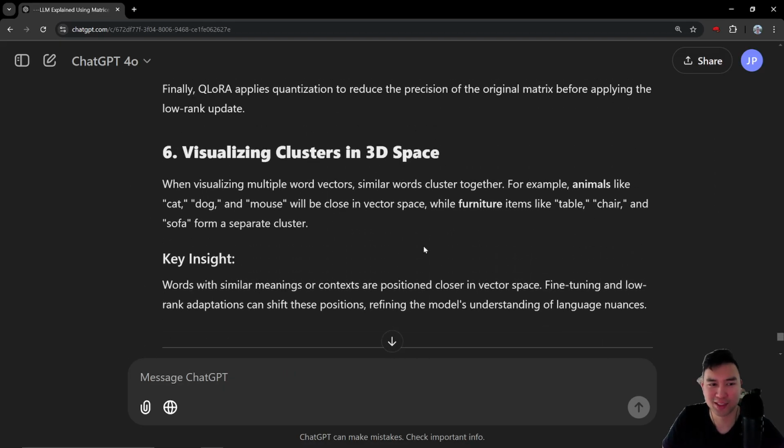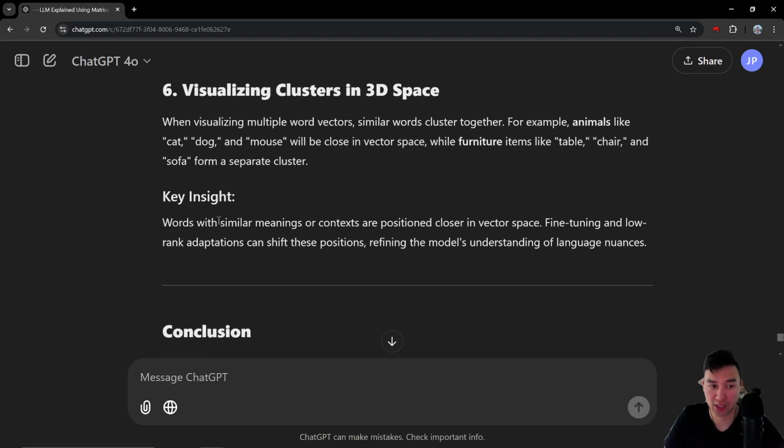We're almost done. When visualizing multiple words, now you can see that they are in separate clusters. So the key insight: words with similar meanings or context are positioned closer in vector space. So let's say, for example, there's cat in one context, cat in another context. Like, for example, the word bank. Let's say a river bank is different than